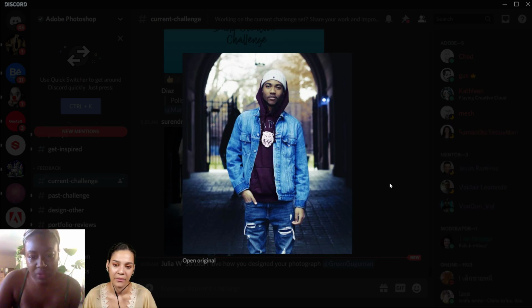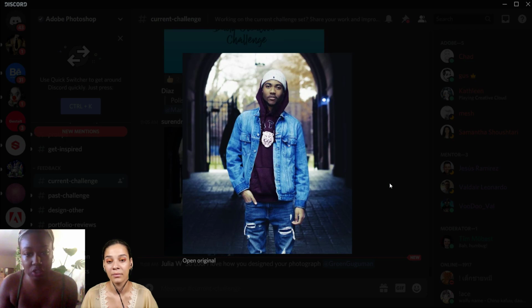I like it. One thing that's jumping out to me is how blue the photo is. Personally, I would adjust the color balance just a little bit. I'm looking at the original photo and I see that it is a very tonally blue, tonally white photo. But I would add just a little bit of warmth because it's just a little cold to me. Other than that, I love the crispness of it. Before it felt a little too faded. Now I love how crisp it is, and you can really see the details, especially on the jacket, like the burning. I love it.